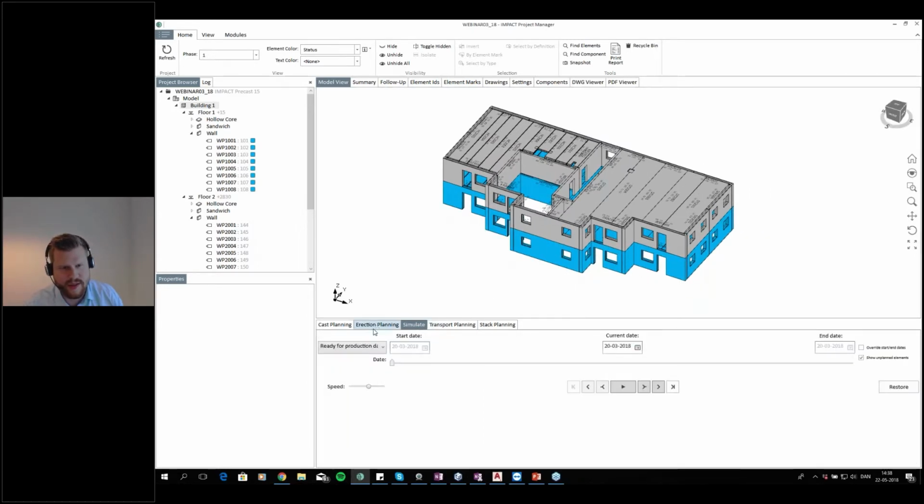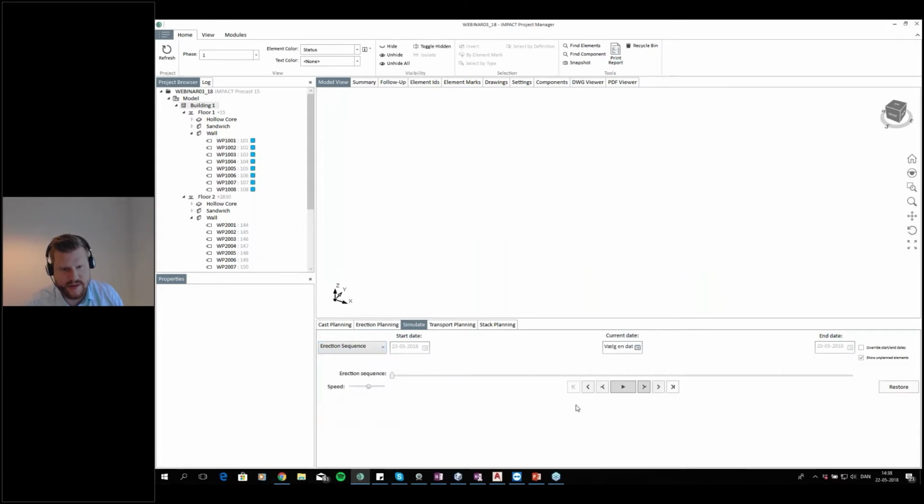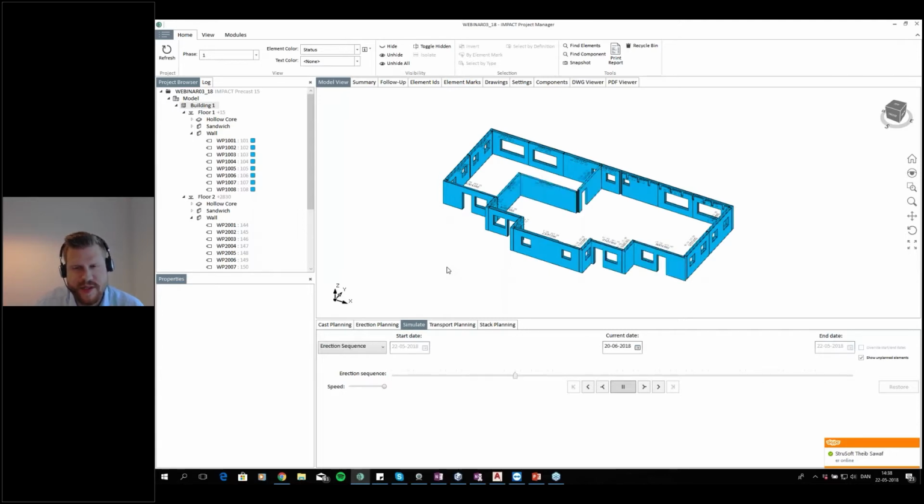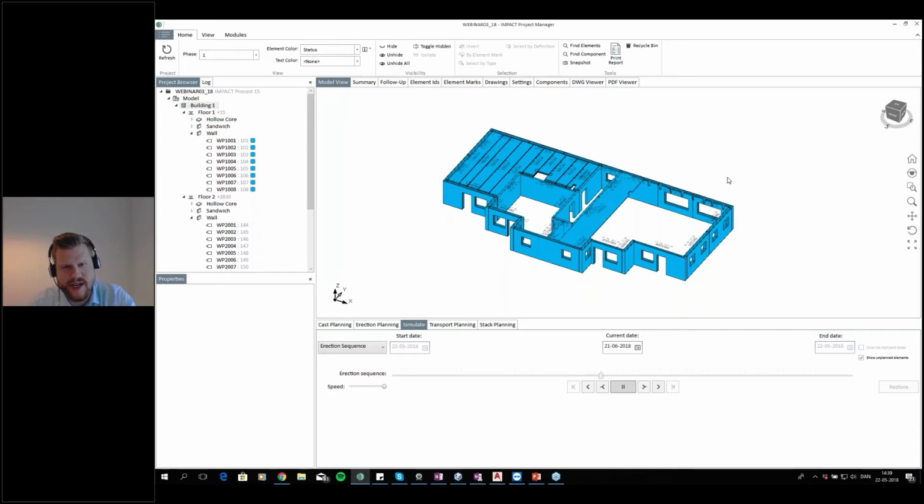We can go and say, well, I actually want to simulate now the erection sequence and just press play. So this simulation, of course, can be used for early meetings. This is the way we want to build up the building. What are the issues? Do we have space for the cranes that we need, etc.? So everything, this is just making everything nice and visual